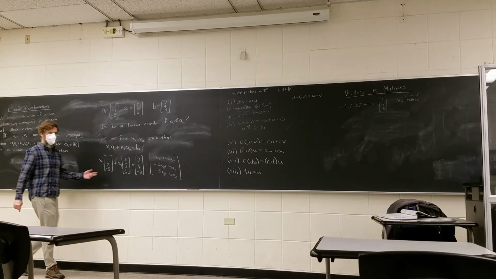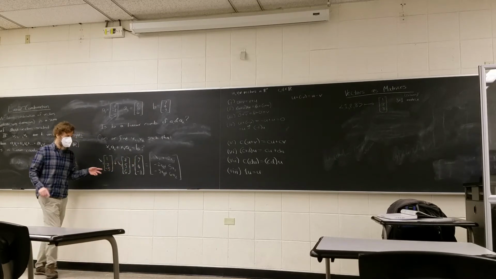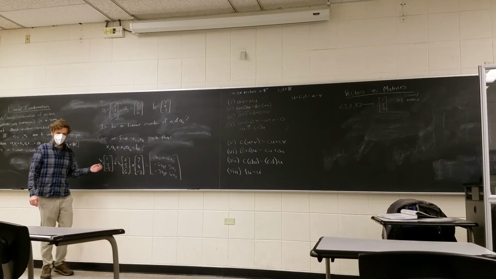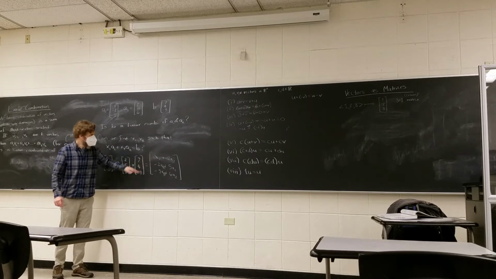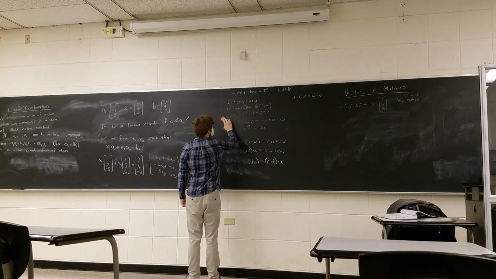And now, in order for these two vectors to be equal, maybe I didn't say that. Two vectors are only equal if their entries are equal, because they're defined entirely by their entries. So the only way two vectors can be the same is if they have the same entries. So what I've really ended up with is